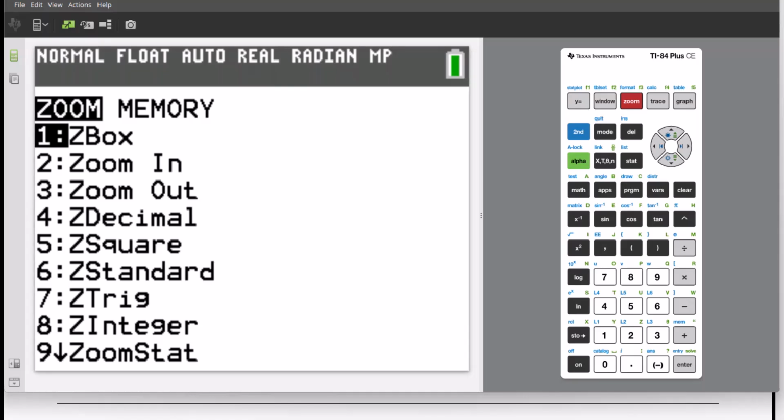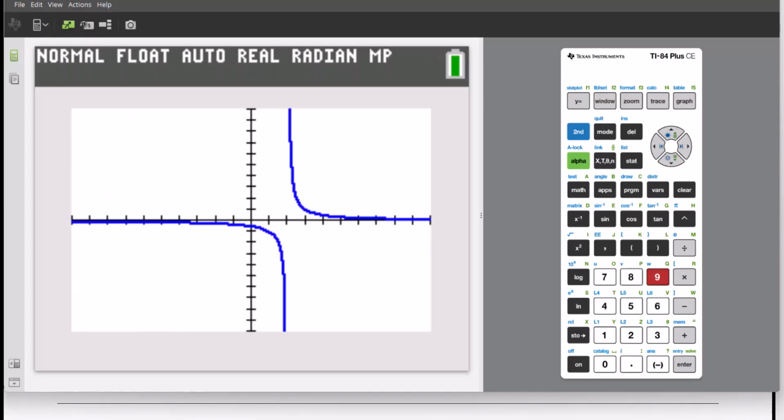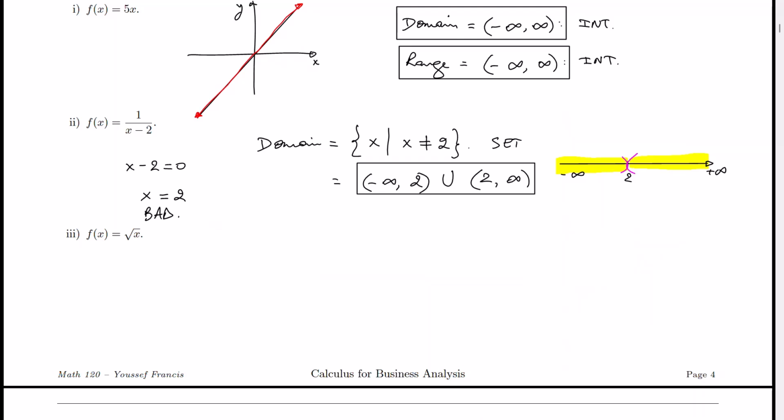So you can either click down multiple times with the arrow key, or just click the number 9 and it will take you to the graph. And this is what the graph looks like. So in this particular instance, it seems like the graph is going to get closer and closer to the x-axis on the left and right hand side, but it will actually never touch the x-axis. So this implies that my range is going to be